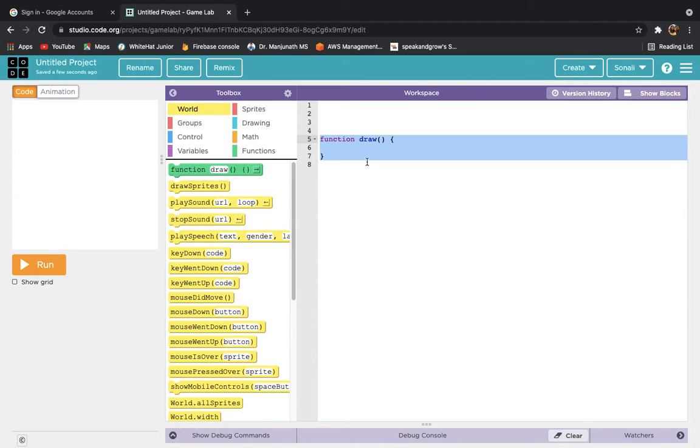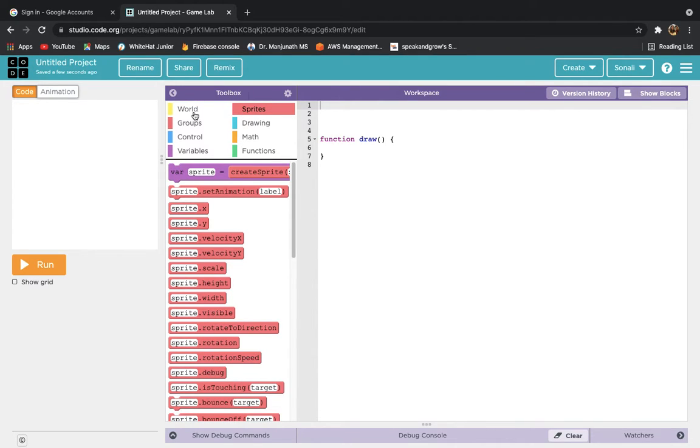So for sprites, the first step is to create the sprite, and this will be done outside the function. You need to notice which things we are writing inside the function draw and which things we are writing outside the function draw. So we can move the function draw down, and in the empty lines before it we can create a sprite. Suppose I will be creating one sprite. In the toolbox there are a lot of things, but mostly you will require world and sprites to build a sprite. In sprites, the first function is create sprite, and you just need to drag and drop this. If you just drag and drop this, you will get a sprite.